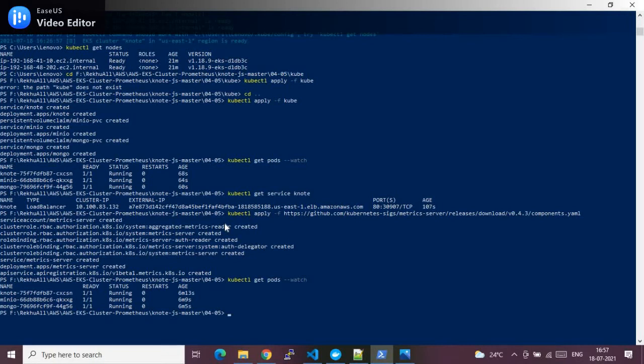The metric feature, an API through which we can gather the Kubernetes cluster metric data, is just now enabled. It's not yet a service. To make that a service, we need to install the Prometheus service, which will gather the data for us and help us with monitoring. So let's do that.